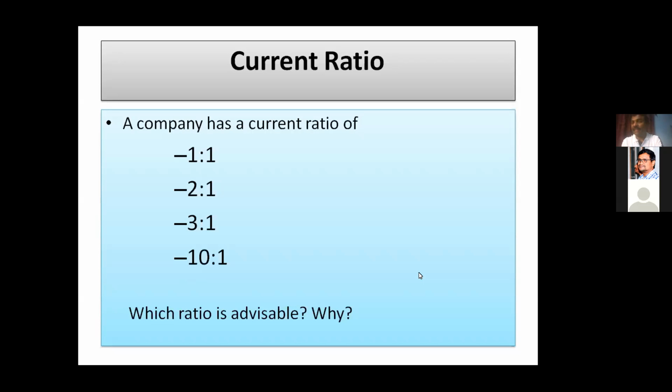At the initial stage of the business, a higher current ratio is required, although you have to compromise on the profits in the initial stage. As and when you grow on, as the new business grows,